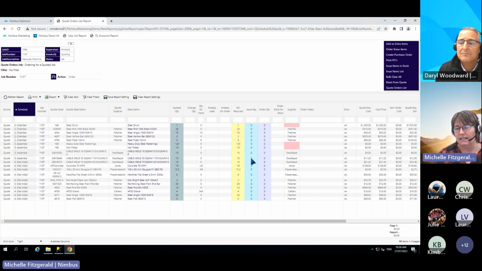And then over here, I guess, are the key columns that we're going to be working mostly with. The issue, so something that will get issued from our store, or ordered, where we need to raise a purchase order to get those products in. And then you'll see there is another column here where if we're ordering stuff for the job, we can order extra for stock. So the first thing I'm going to do is look at,